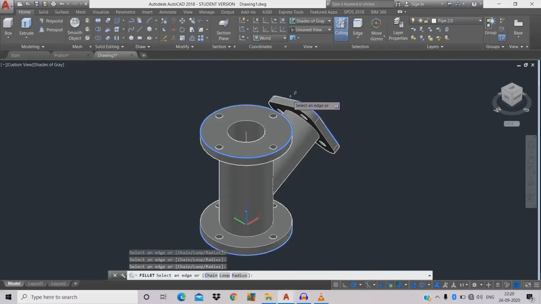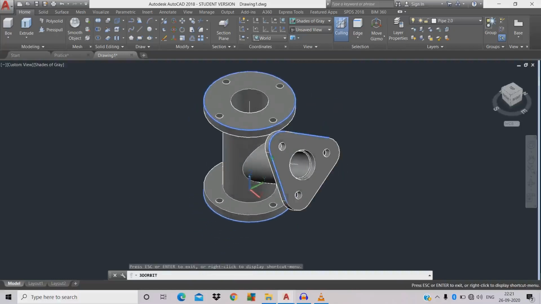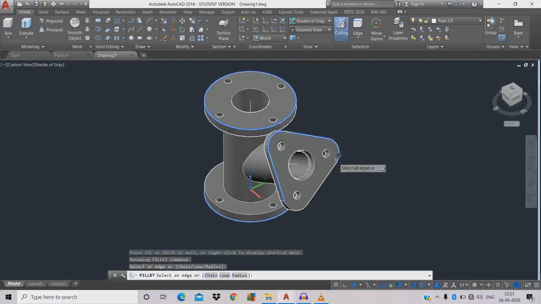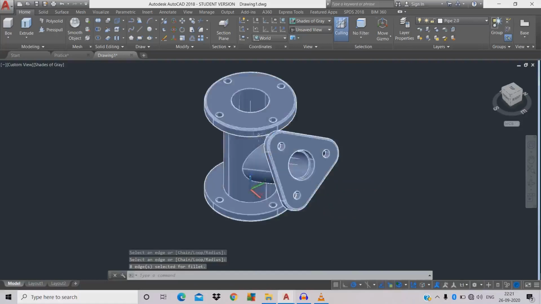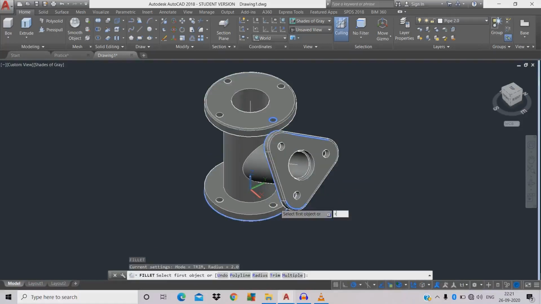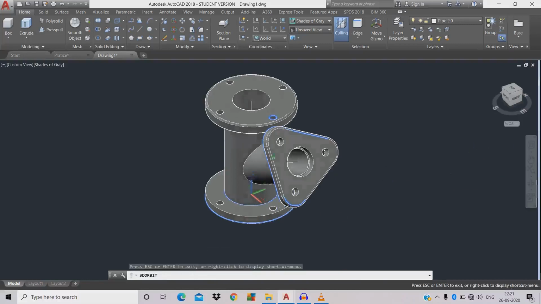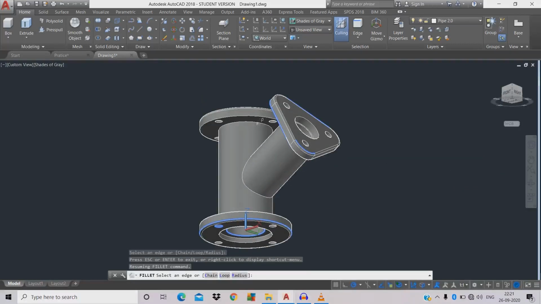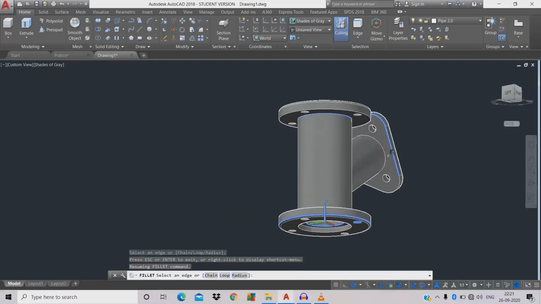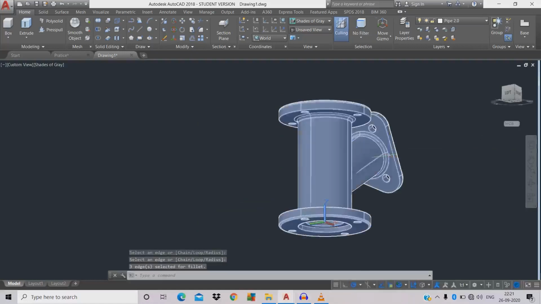Just click the outer area. F space R space radius 5. Over here, click the orbit, space here and here. Okay.